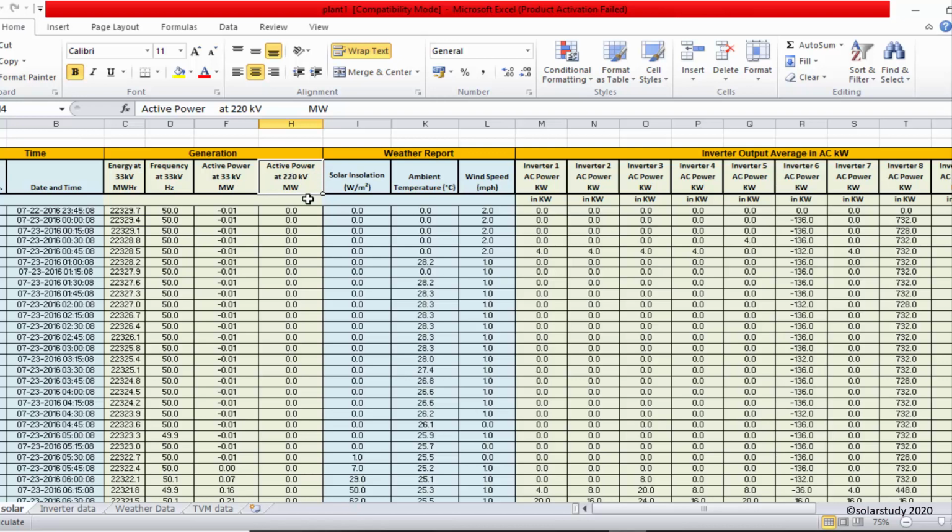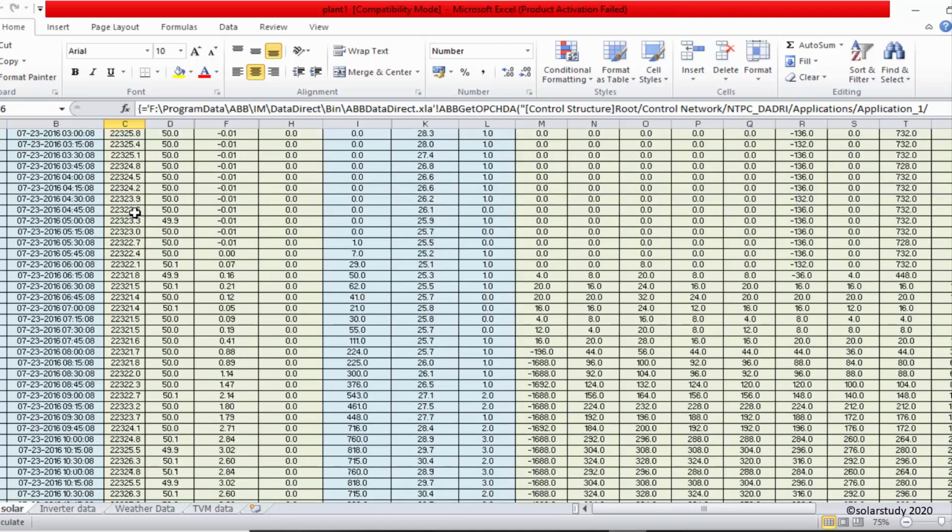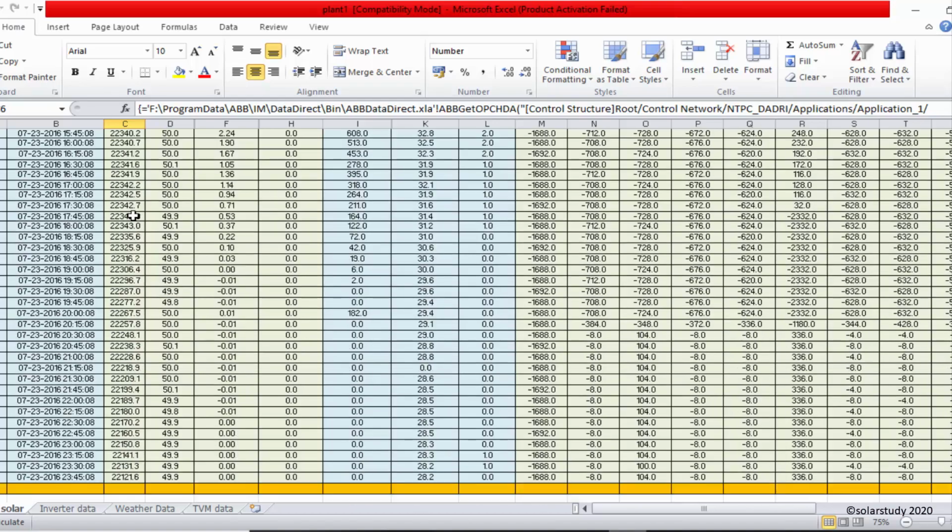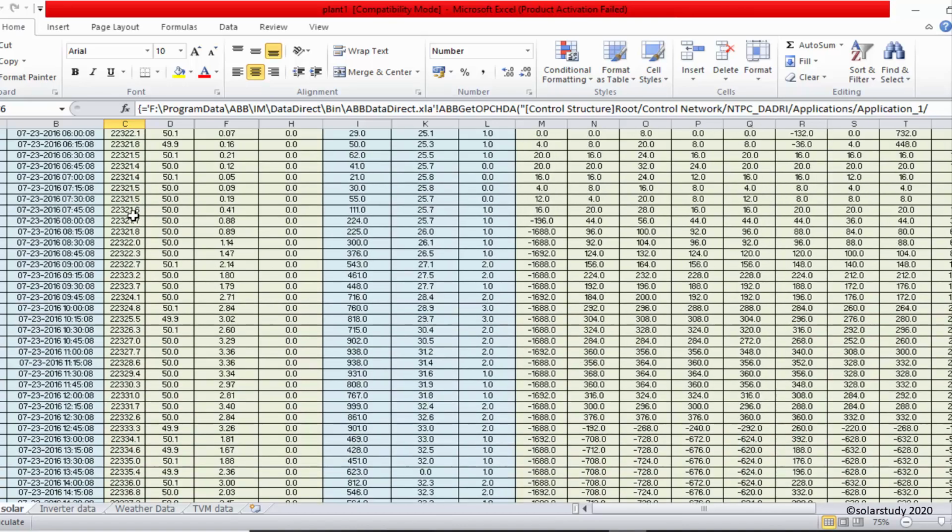Then active power for the 220 kilowatt, because we know that whatever is feeding the grid is at 33 kilovolt. Then what is the output? That depends on the power plant. So how much is it generating? See, 22,329. That much energy is generated during the entire day.